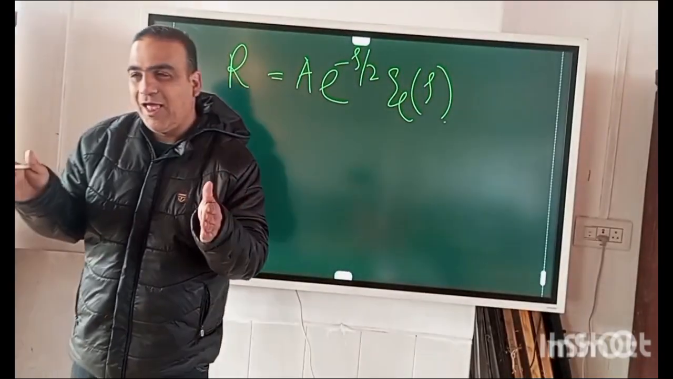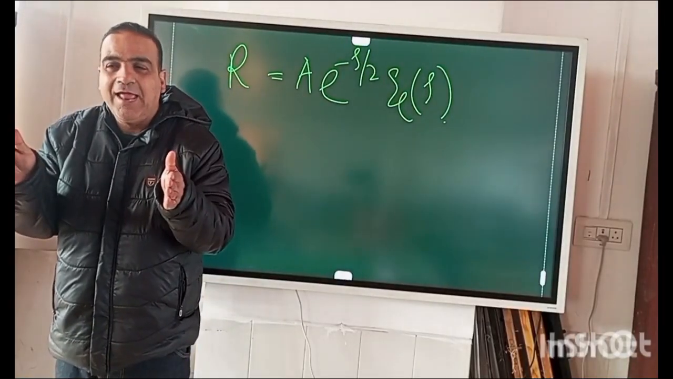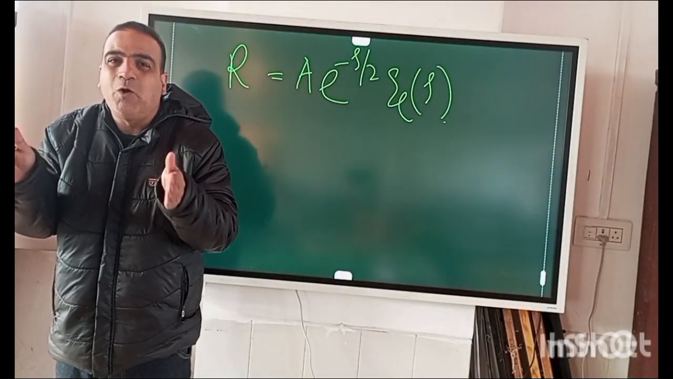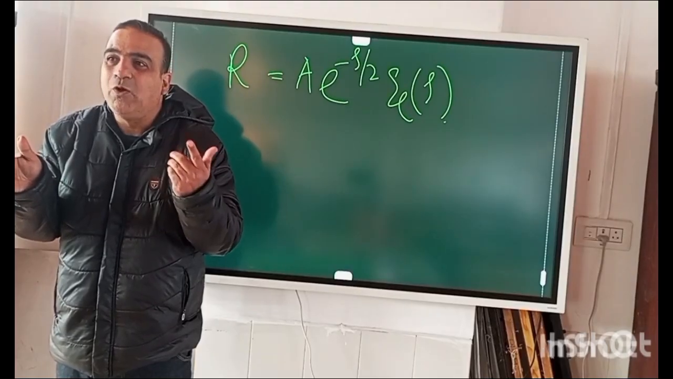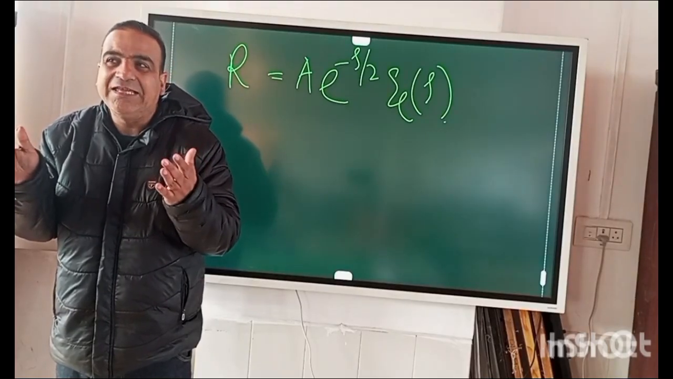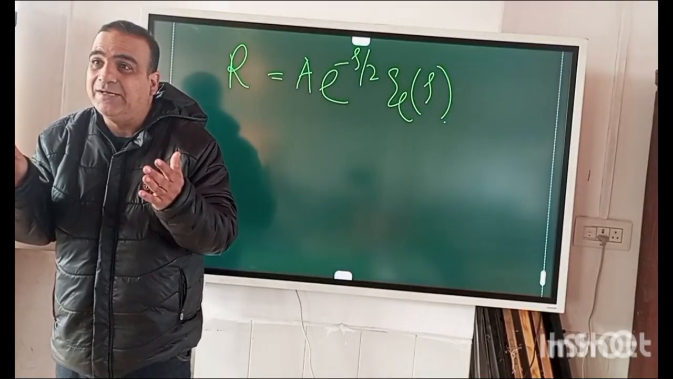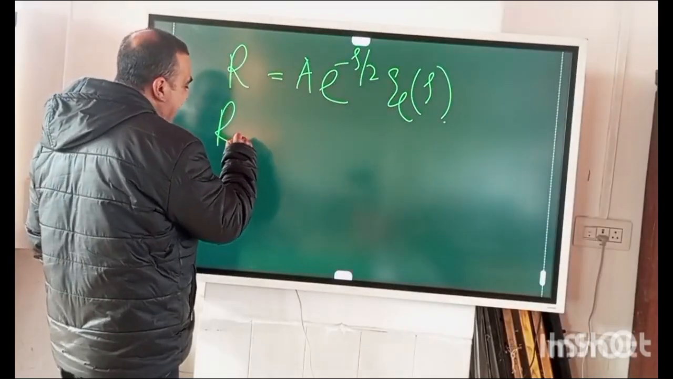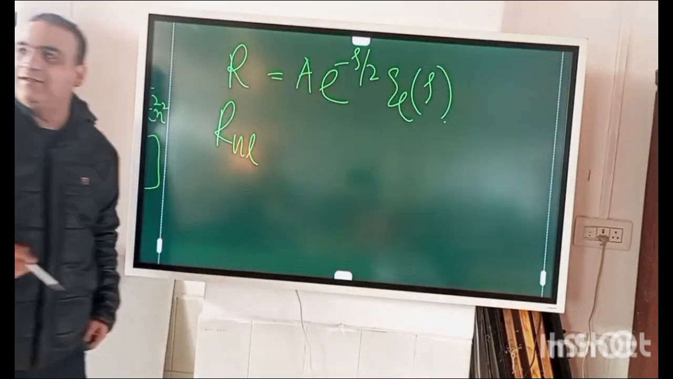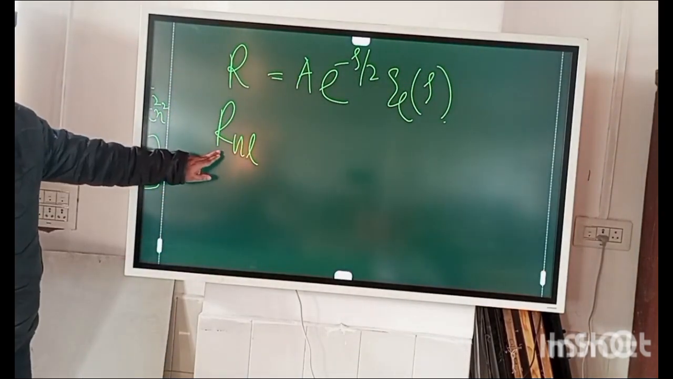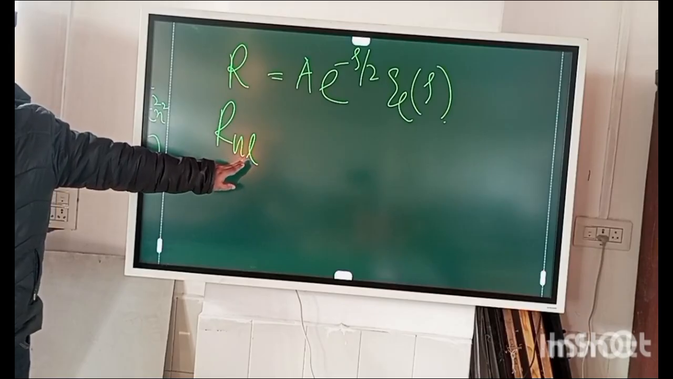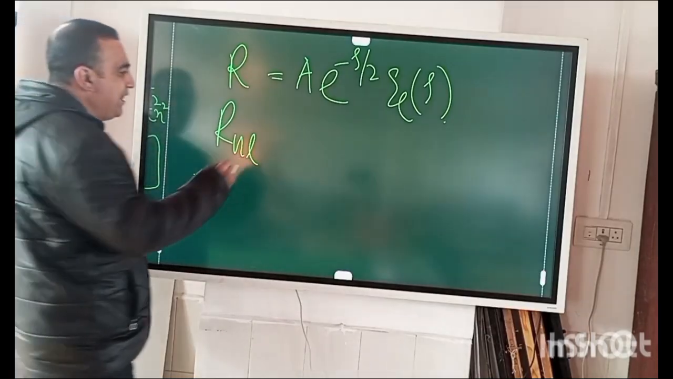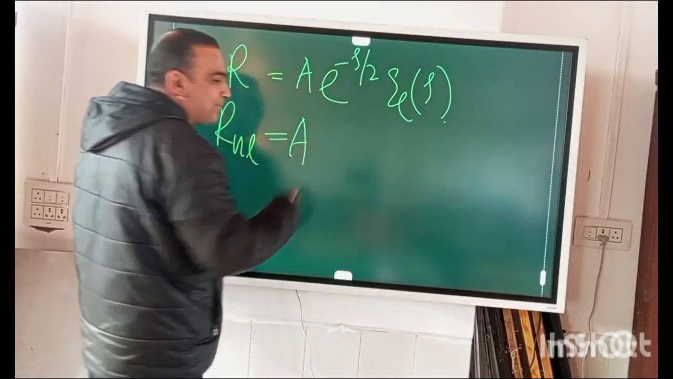Now I know I have moved on and I have incorporated two important things. One is the principal quantum number and the other thing is the orbital quantum number. So this R I should write as a function of n and L. So R has n and L with it because it incorporates both n and L, is equal to A,